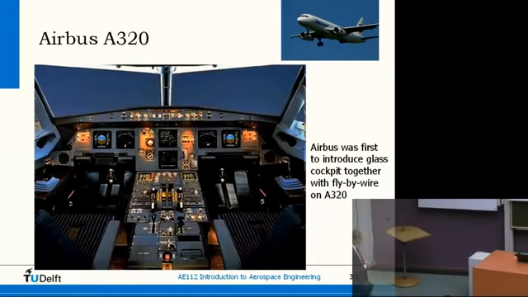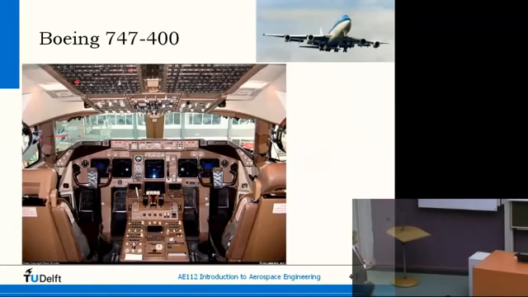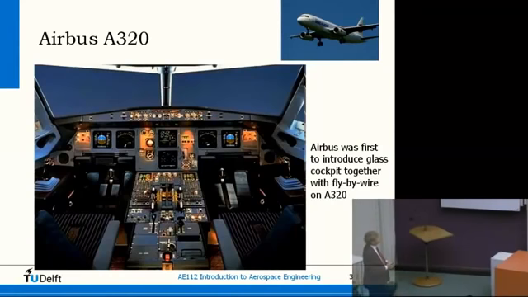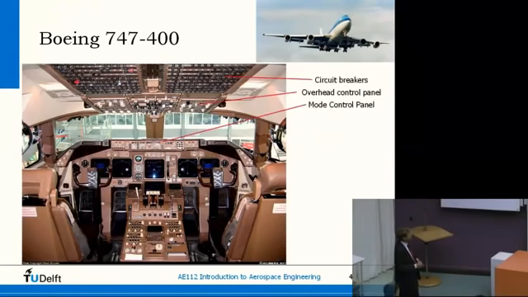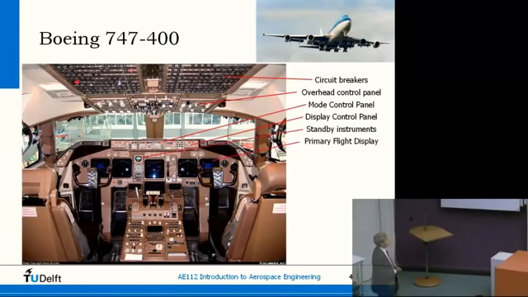Here is what I did today. Here we see the A320, one of the first full glass cockpits. It was an introduction by Airbus, similar to the side stick. That is still a difference. You see that the Boeing 747-400 was one of the first full glass cockpits from the start. They still keep the control column, I think up to this day. But apart from that, they also have a similar EFIS layout, only minor differences, larger differences in the flight management system which they use. Some elements of this, you see,